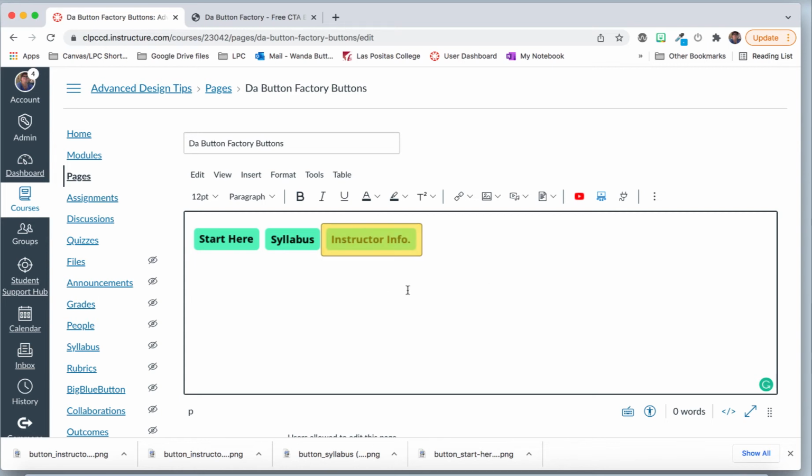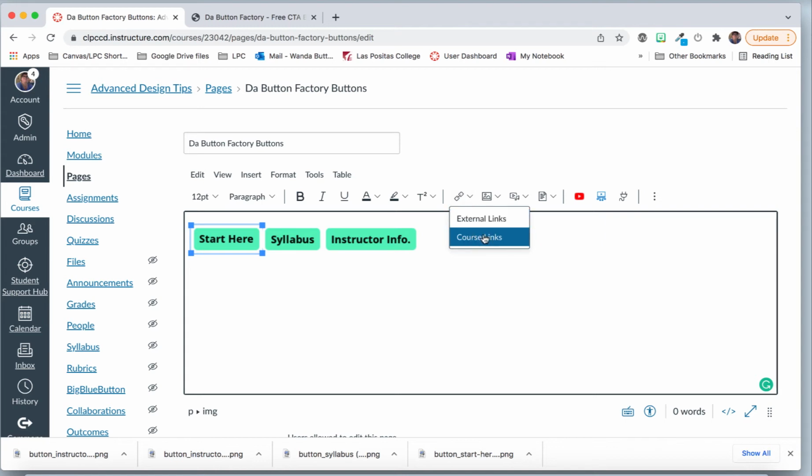And as you can see, there's nice white space in between each button, and that is due to the white border we applied when we made our buttons. So now we want to make these buttons, or these images currently, into buttons. I've highlighted the button. I want to go to the link icon in the toolbar, and with the drop-down caret,